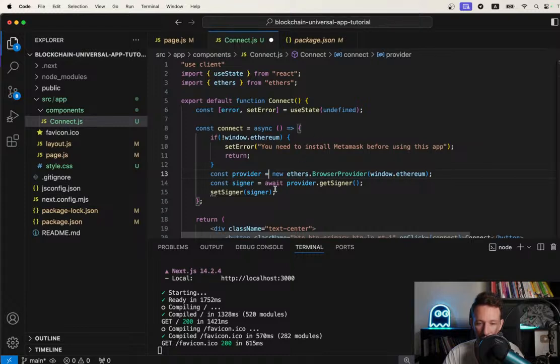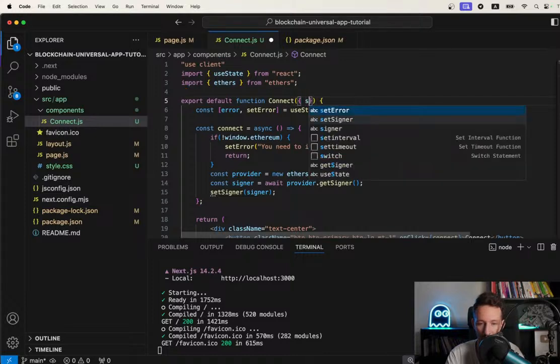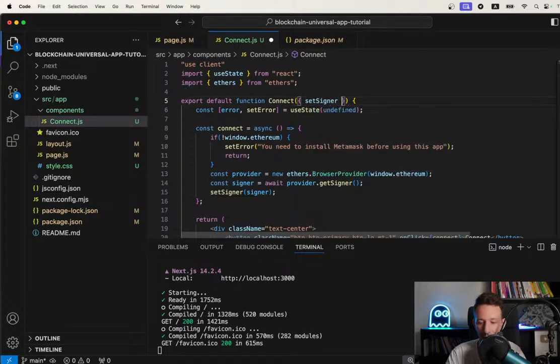So actually we will not keep the signer in this component because it's a child component. We want to bring it back to the parent component. So for that, we are going to pass down a function setSigner. So I'm going to show you how to do this. Here we're going to get it basically as in the constructor of our component, and we pass it the signer,